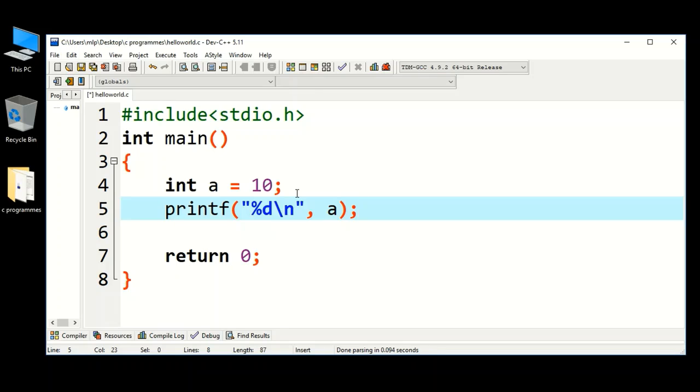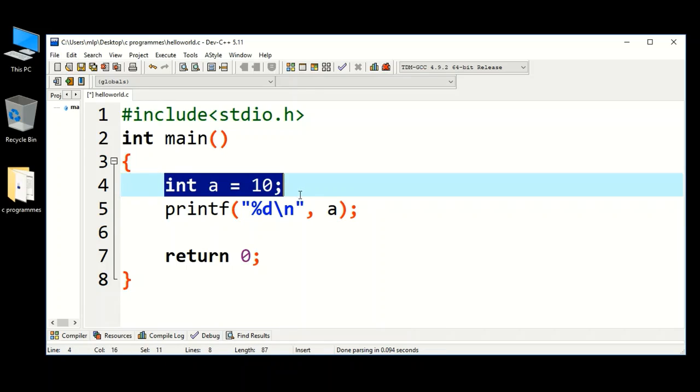Okay, so here this line of code may be gibberish. What is int, what is a, what is the equal sign, and what is 10? So basically int is short for integer. Integer is a data type. A data type is basically a collection of different forms of data that the computer can understand and relate to. Okay, so an integer, we are going back to very basic high school mathematics,